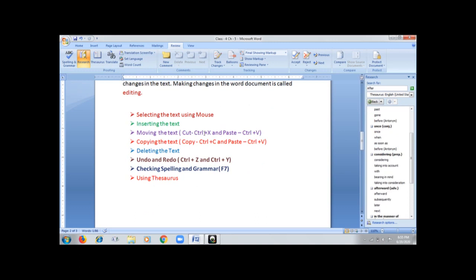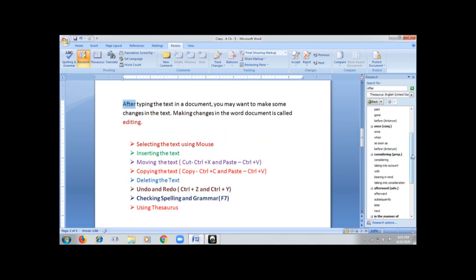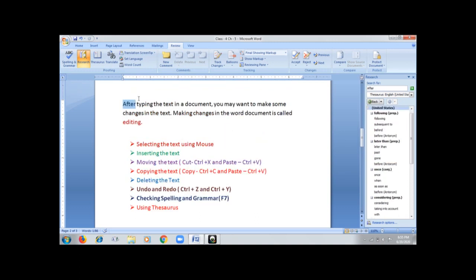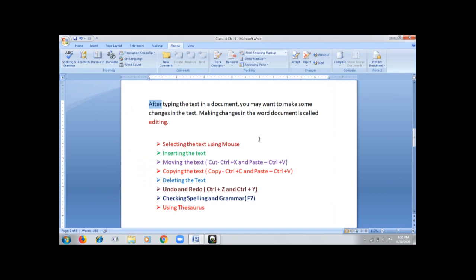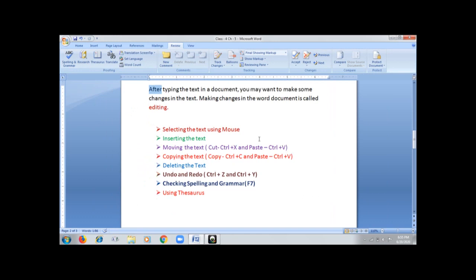Yes, so this is also a very good feature. You can do it for any word which you have written in the Word software. So I hope this feature is also clear. Yes? Okay. So do practice these features, children. These are very helpful, right? And once you start practicing, you will start using these features in your daily typing and writing work on Word, then you will see that they are very helpful and they make our work very easy.